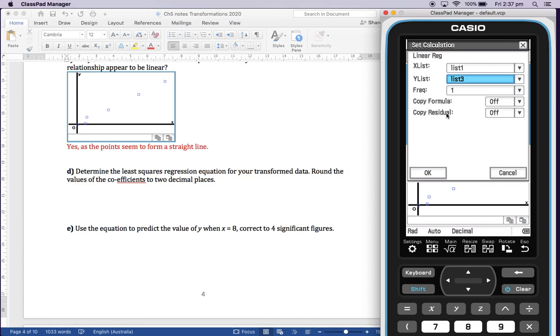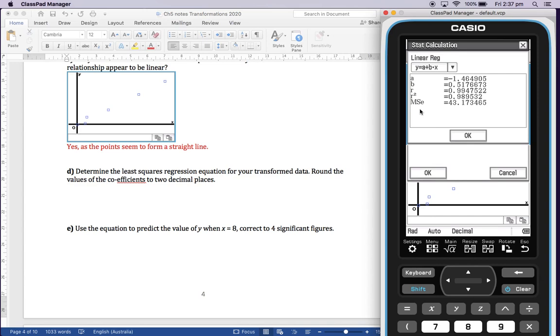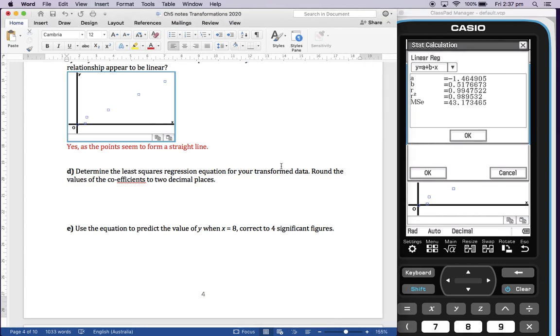Okay, there's no need to copy the residuals as we don't have to do a residual plot here, but if we did have to copy the residuals, we would copy them into list 4. Okay, so here's our equation, and the calculator has given the equation as y equals a plus bx, but we need to make sure that we give our answer in the correct form. So we know that we performed a y squared transformation, so really our equation is y squared